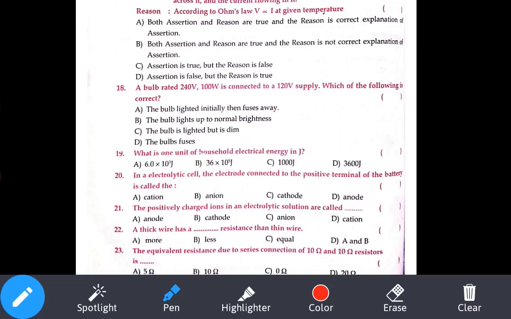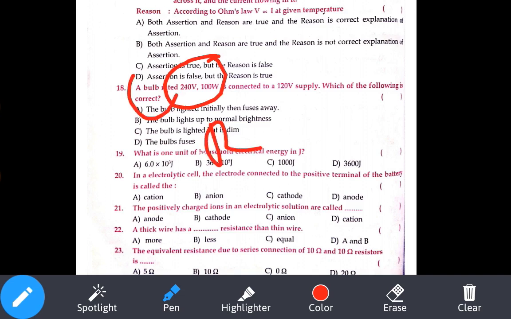Now 18th question: a bulb rated 240 volt, 100 watt is connected to 120 volt. Which of the following is correct? The bulb lighted initially, then fuses away. The bulb lights up to a normal brightness. The bulb is lighted but is dim. The bulb fuses. Okay. Now if you observe these two things, these are called the rated voltage and rated